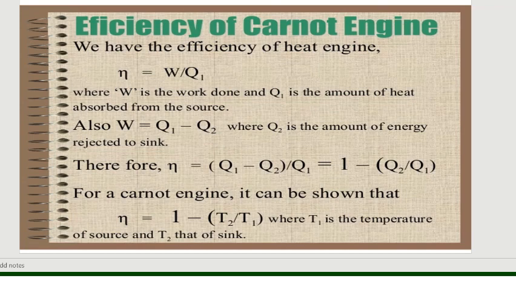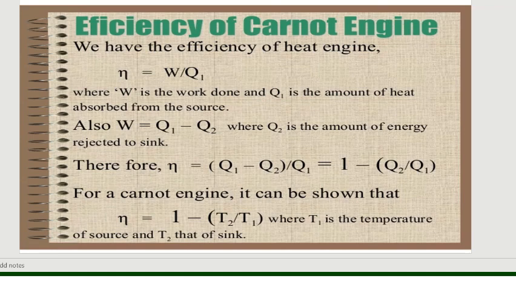Using those expressions, we are going to derive the expression for the efficiency of the Carnot engine. So here this is the symbol of efficiency, which is known as eta, which equals work done by the heat supplied. Here work done can be written as Q1 minus Q2, where